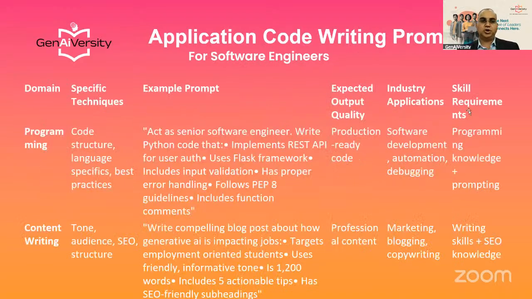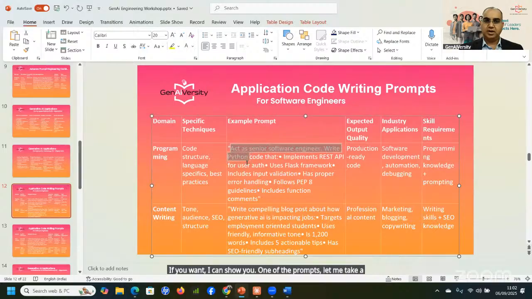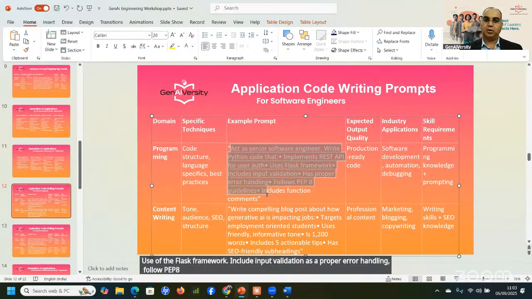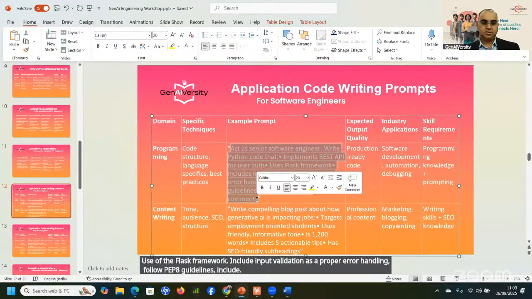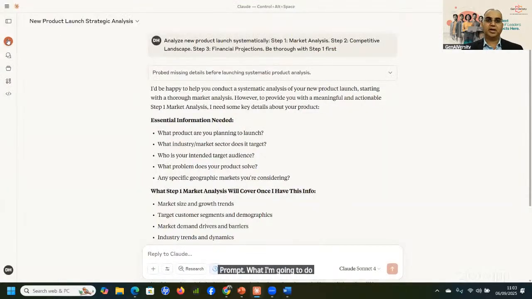If you want, I can show you one of the prompts. Let me take the role of senior software engineer now. Write a Python code that implements a REST API for user authentication. Use the Flask framework. Include input validation and proper error handling. Follow PEP 8 guidelines, include function comments. So now I'm just taking this prompt, and I'm going to request the